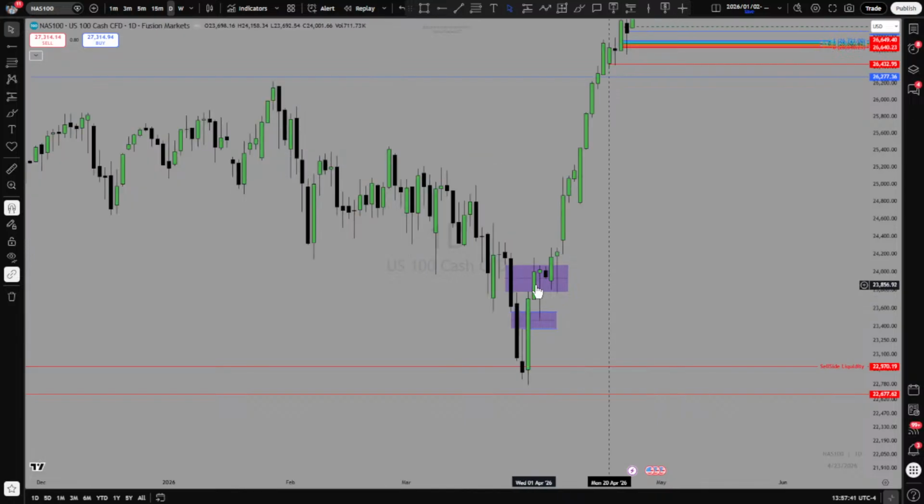So what happened then? The price kept bouncing off and on here, then moved a bit lower on the 2nd of April, then came back to this fair value gap, which turned into an inverse fair value gap. Then it started moving higher and higher, right? Then it closed above these, exactly what I was looking for here.